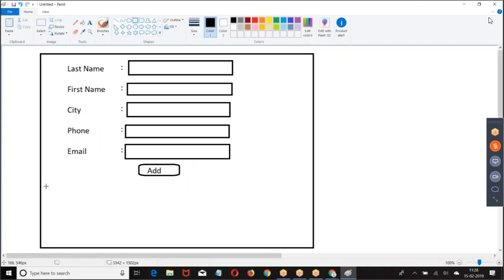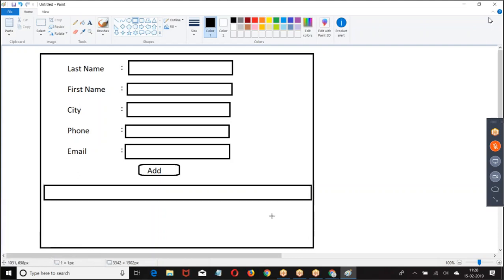Once I click on add, the record should be added to the list. Now, do you have any student object with us? I don't have any student object. If you have a student object, we'll take it. Let us assume we have a student object, then what will it be? Student underscore C, right?